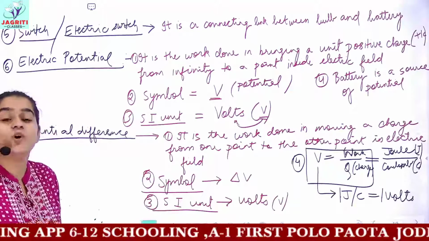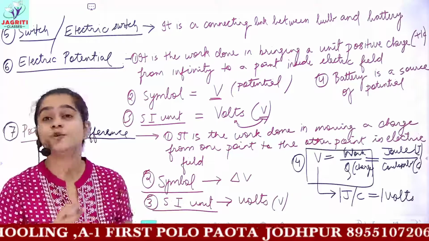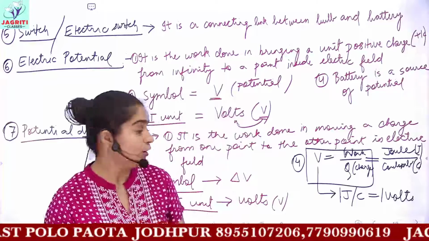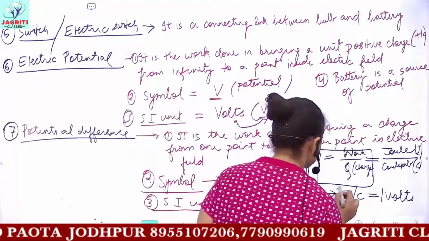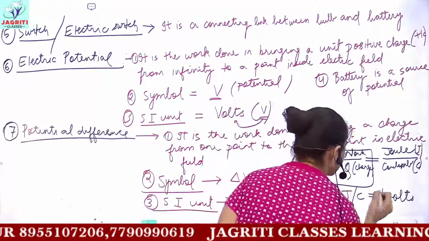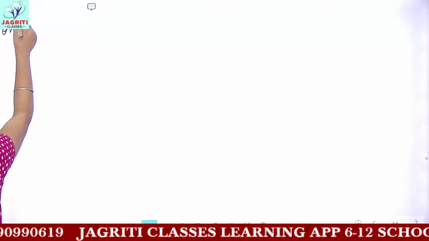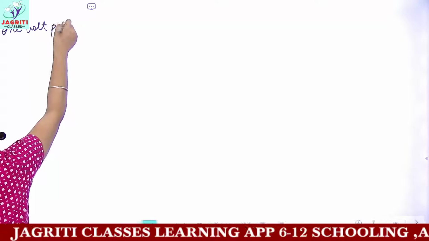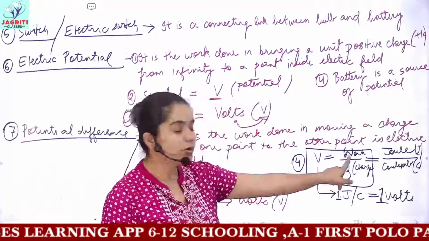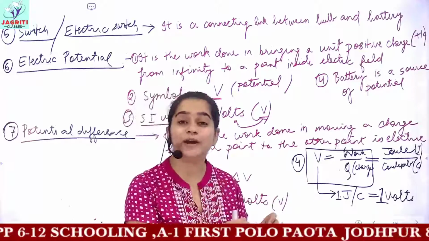Now we will be defining what you mean by 1 volt potential. Likewise we described the definition for 1 ampere current. So similarly we will be defining what you understand by 1 volt potential. So let's see how you can define 1 volt potential. When will potential come out to be 1 volt? Now it is very simple. When work is 1 joule and charge equals 1 coulomb, then you will have a potential equivalent to 1 volt.